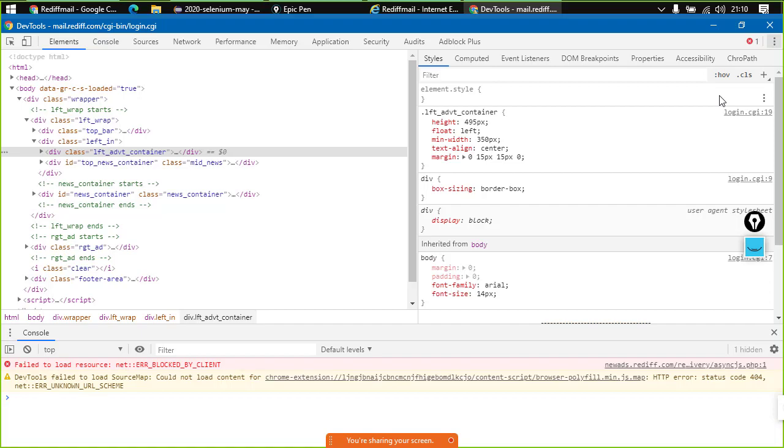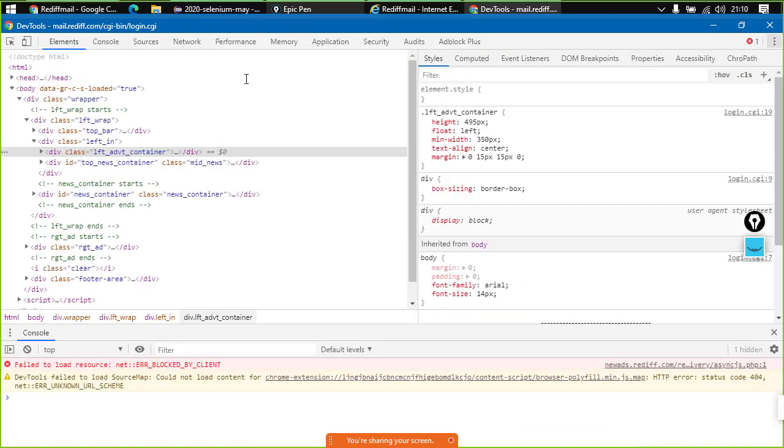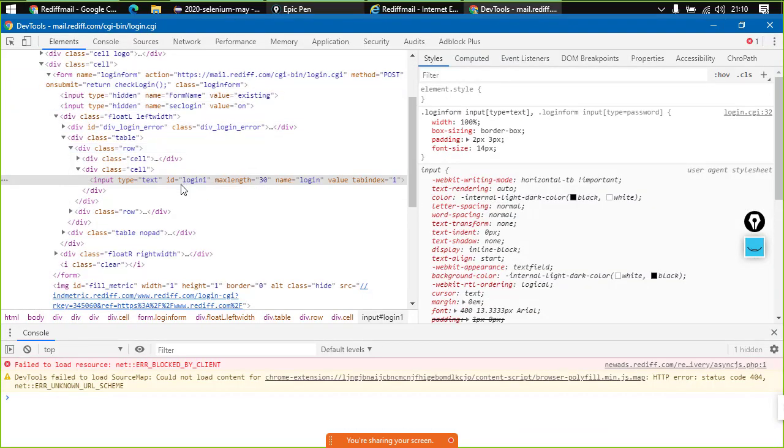Now over here, what we wanted was to interact with this particular element. We wanted to see what code it has, right? So how would we be able to see? In Google Chrome there is a shortcut, Control Shift C. It simply gets into inspection mode. Now the element which has been highlighted, you can simply click on that element and it will show where that element resides in the code, right?